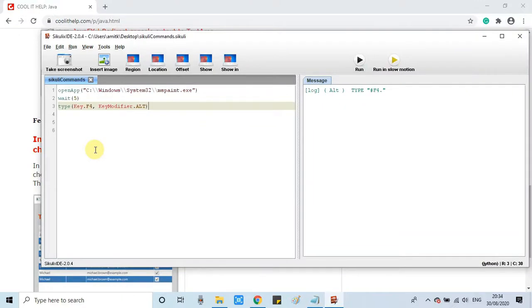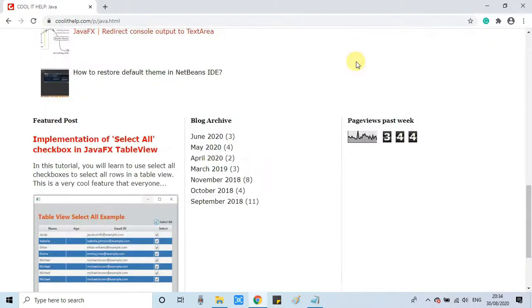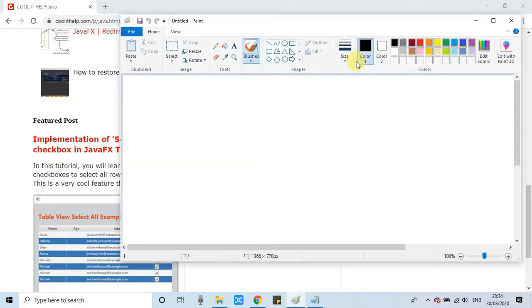This is the way we can type the key combination. So I will describe this thing in the later tutorials as well. But this is a very simple way to close the application. Or there are a lot of key combinations you can use with the type. Okay guys, so I will remove this. If you don't want to close, then you just erase this statement. Now you can run it to open the MS Paint exe again. That simple.